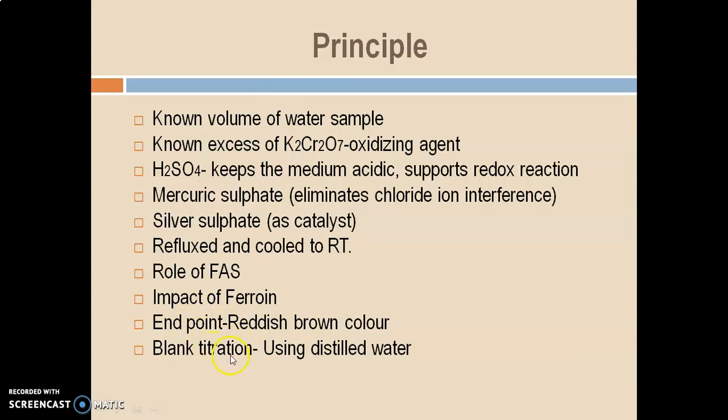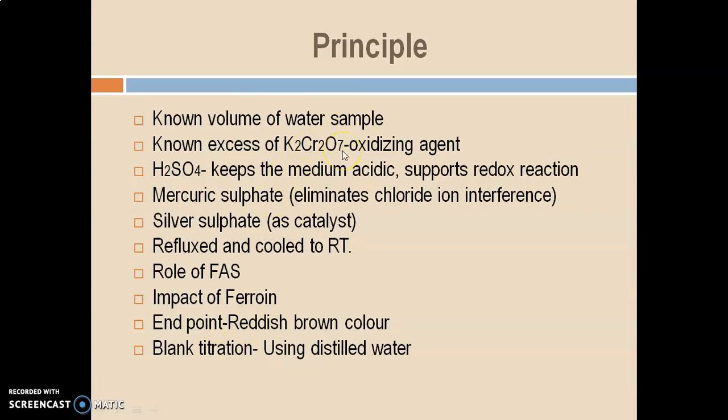A blank titration has to be performed using distilled water instead of wastewater or water sample. So the entire process gives the actual volume of potassium dichromate used up by the impurities present in the water